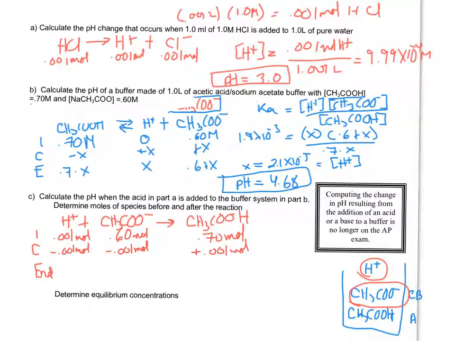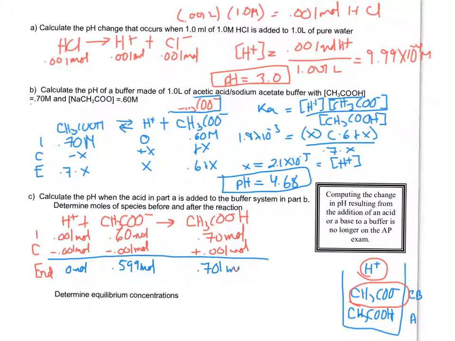moles. The net at the end, so this is the end as opposed to equilibrium. For my acid, I have 0.001 minus 0.001, so I end up with 0 moles. You should always end up with 0 moles for your limiting reactant. Then 0.60 minus 0.001 is 0.599 moles. And my acetic acid, I end up with